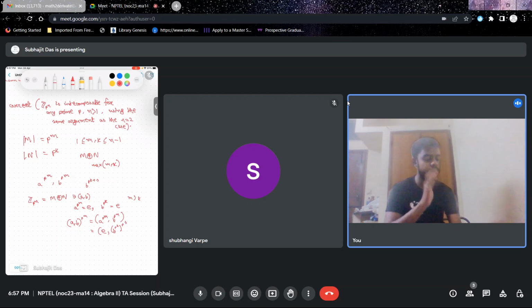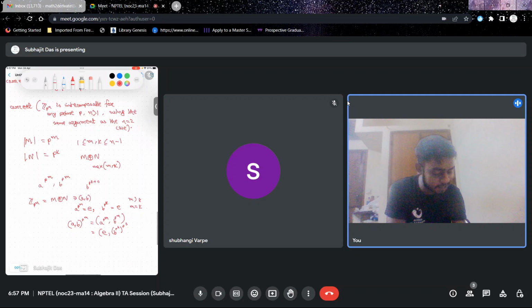Right, of course it will be identity. So you can take m to be k plus s, then b to the power p to the power m can be written as b to the power p to the power k whole to the power p to the power s. The point is that this is e comma e to the power p to the power s, which is just e, right? So anyways, the order of every element in m direct sum n will be the maximum of m and k, and that was just a stupid confusion.